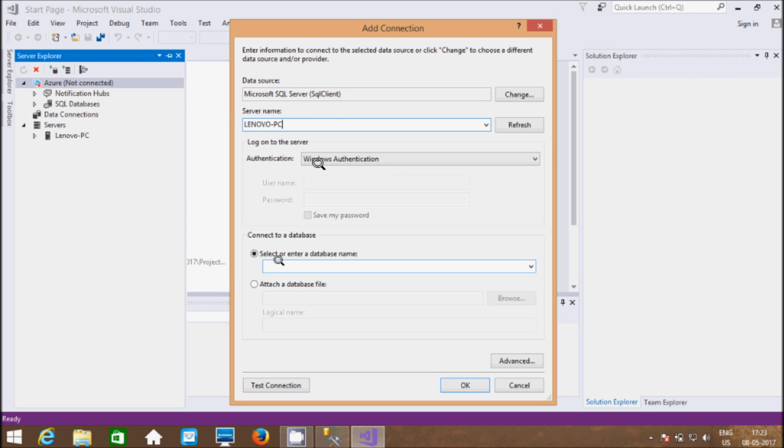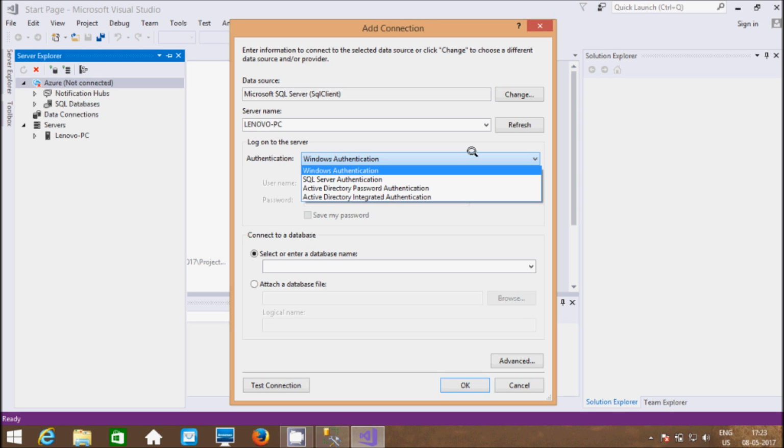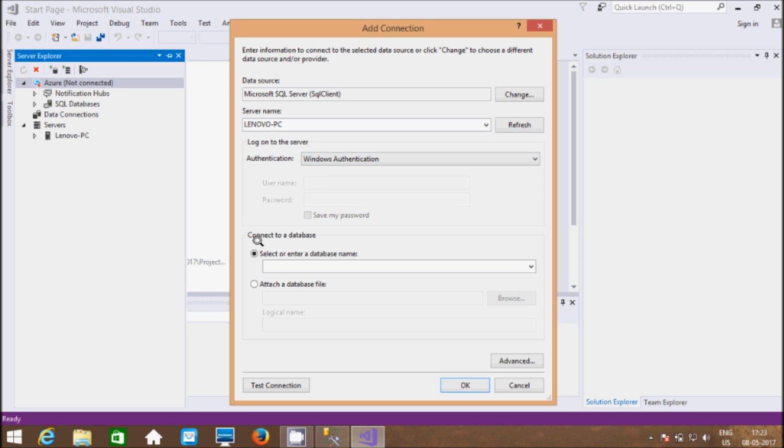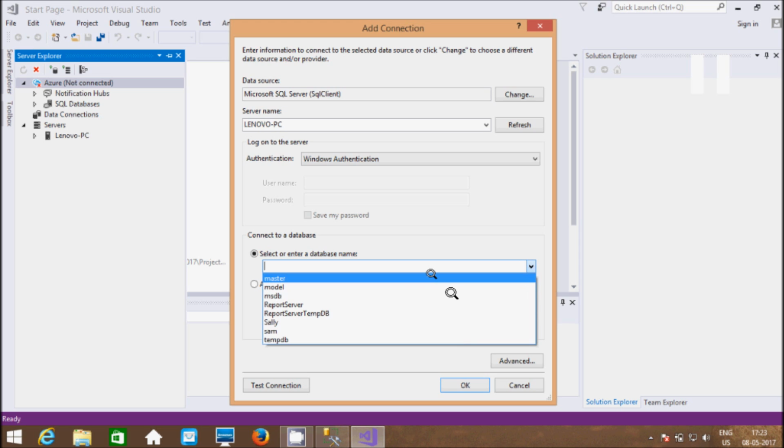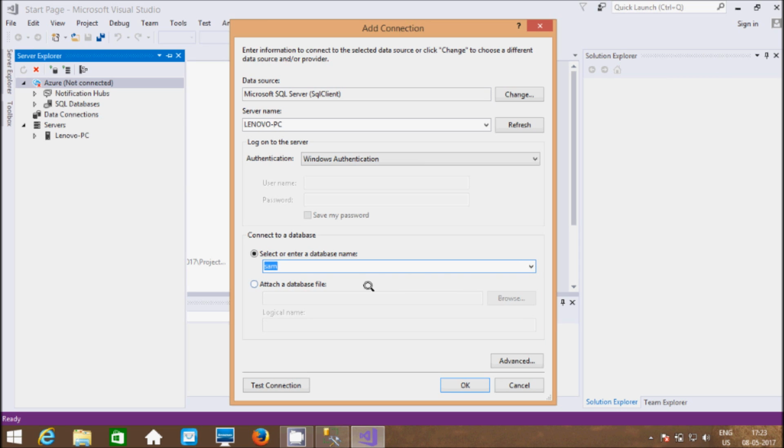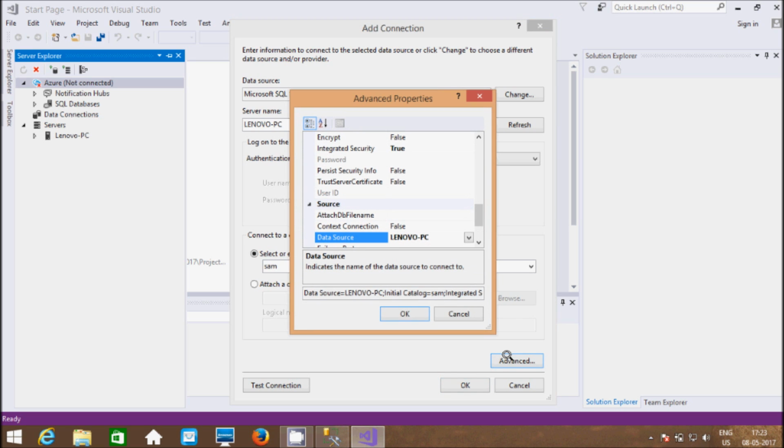Now there are two authentications, Windows authentication and SQL Server. First I'm going to connect with Windows authentication. Here, select the database. Our database, which I just created, is Sam.